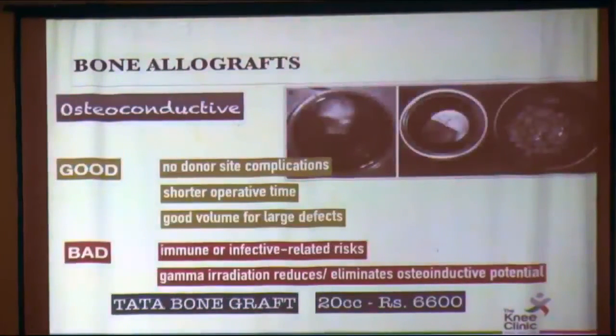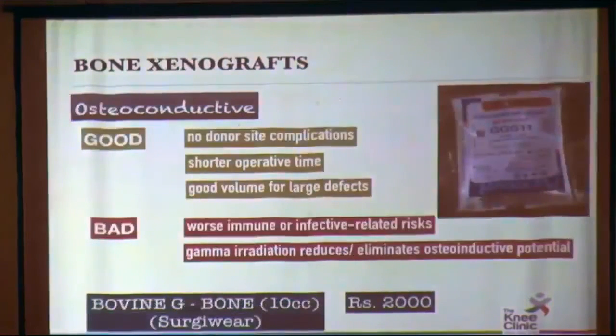So practically, we can use Tata bone graft. If you send a patient to Tata Bone Bank with a letter, generally speaking for private patients, 20 cc of graft is 6,600 rupees. Initially, they used to give us a lot of femoral heads. Now femoral heads are a little scarce, so you may end up with the TKR slices of proximal tibia, right? Bovine grafts, Surgiware is one of the oldest companies that's giving us G-Bone. So G-Bone, again, you can use as much as possible because it's not expensive, around 2,000 bucks for 10 cc. The problem is maybe some drainage, maybe the body doesn't accept it very well.